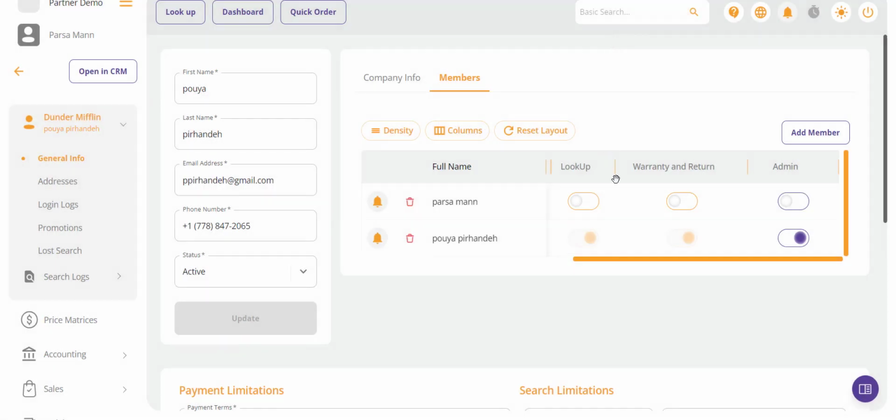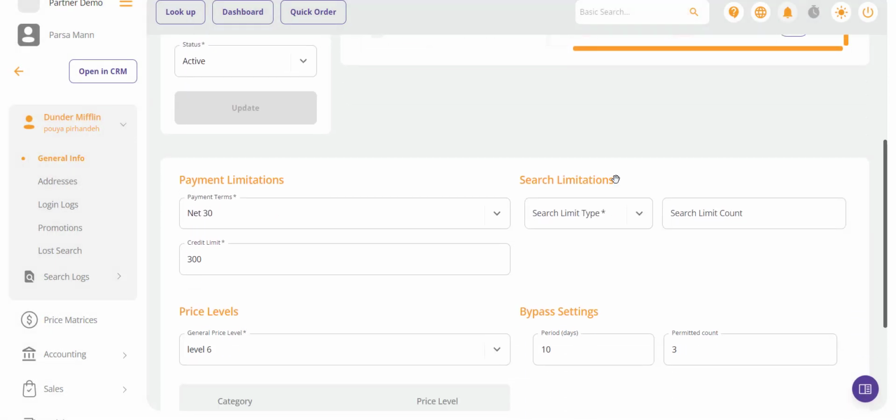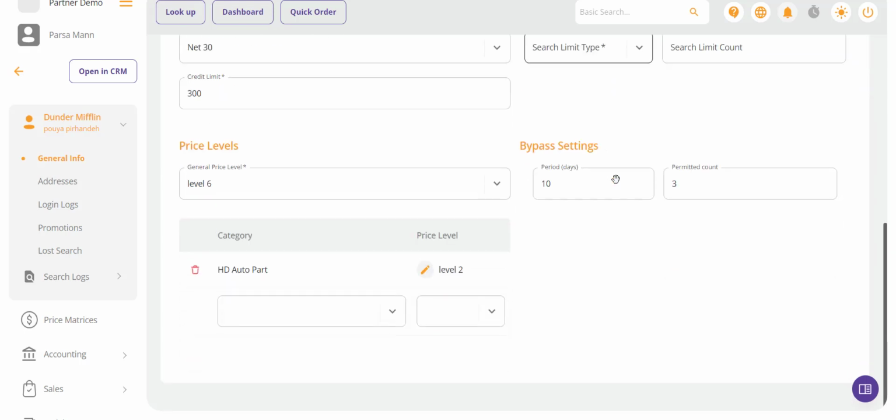On the lower half of the page, you can see the payment limitation of the customer, which includes their payment term and credit limit, their search limitation that allows you to, for example, set a search count of 10 per hour, their general and categorized price level. For example, the general price level of this customer is 6, but they are at the second price level for the HD Autobot category,